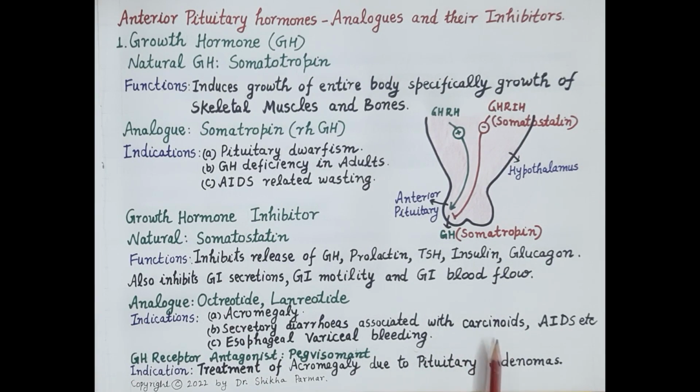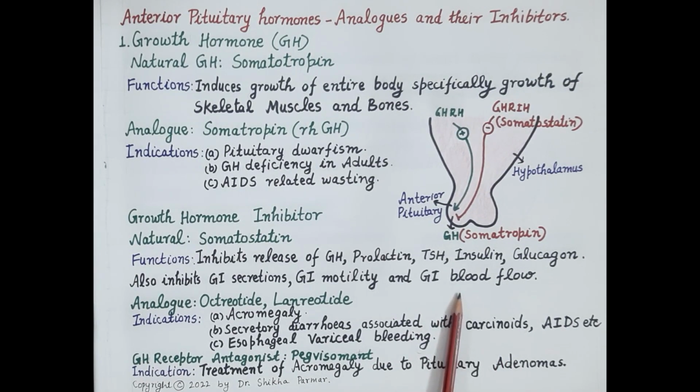Octreotide is very useful here also. Now, as already discussed, somatostatin constricts gastrointestinal blood vessels and reduces gastrointestinal blood flow. Therefore, octreotide is also useful in the treatment of acute bleeding from esophageal varices, that is bleeding from the veins